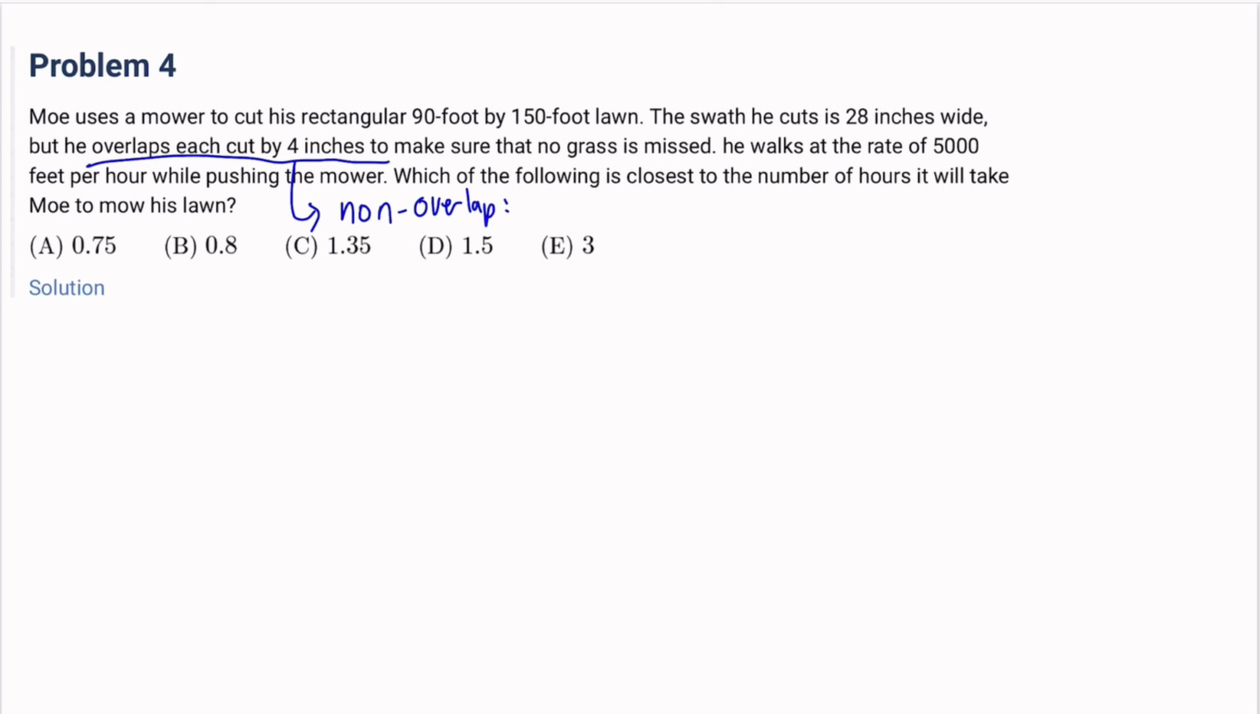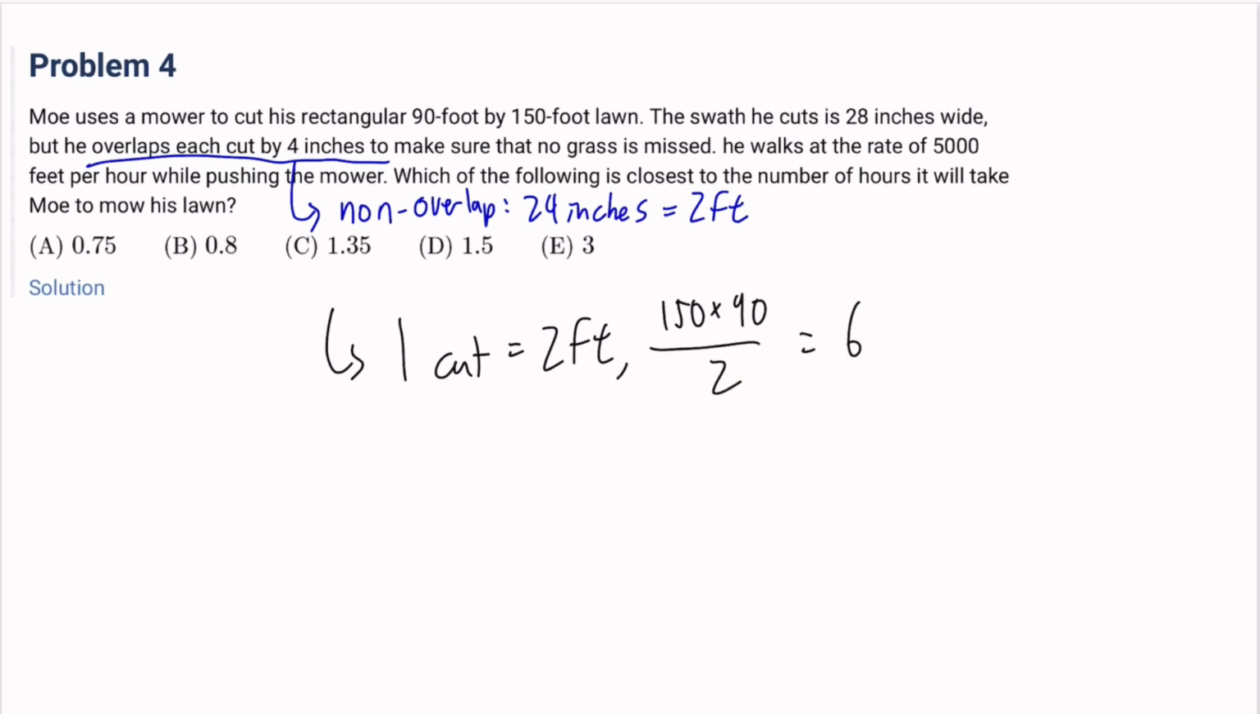Each swath would be 24 inches, which is 28 minus 4, right? So 24 inches, which is 2 feet, and so that means 1 cut is equal to 2 feet. So the total length that he walks is 150 times 90 divided by 2, which is 6,750 feet. So he walks 6,750 feet, and so 6,750 divided by 5,000,